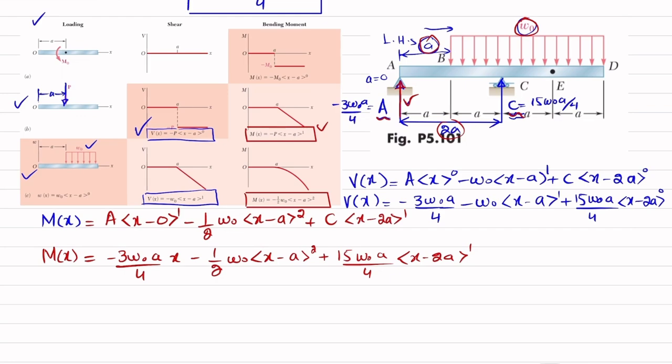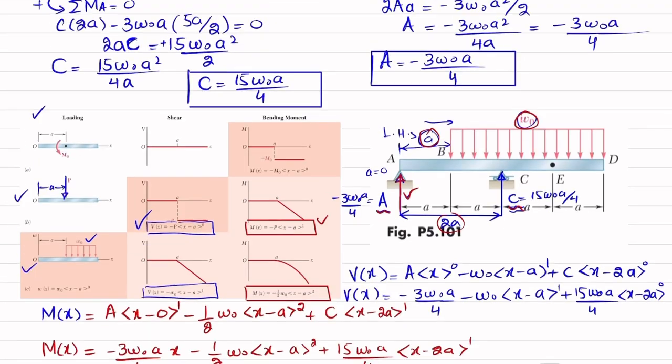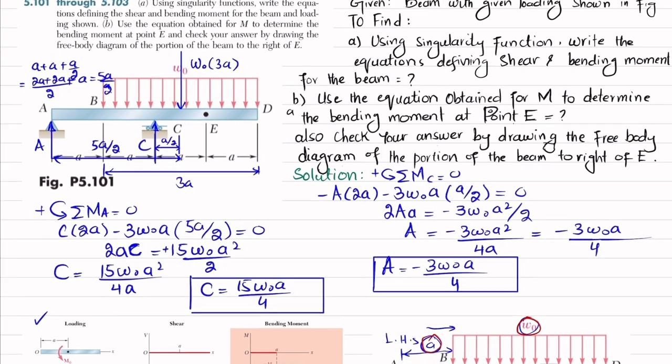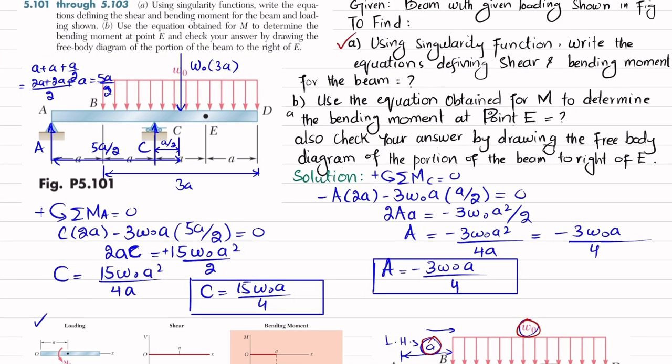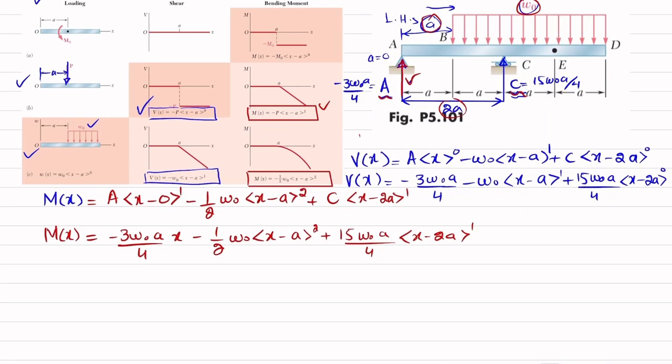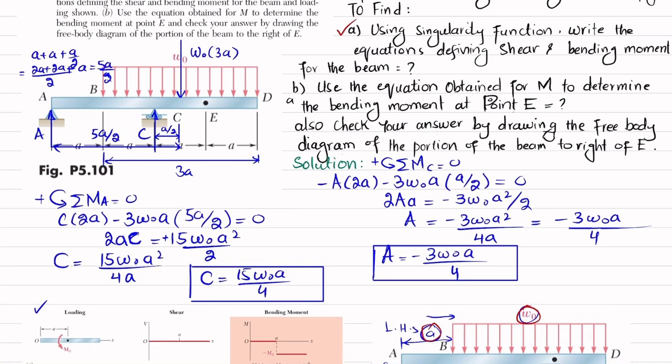Now we have solved our part first, which was part A. Using singularity function we have calculated the shear force equation as well as the bending moment equation. Now in part B we have been asked to use the equation obtained for M to determine the bending moment